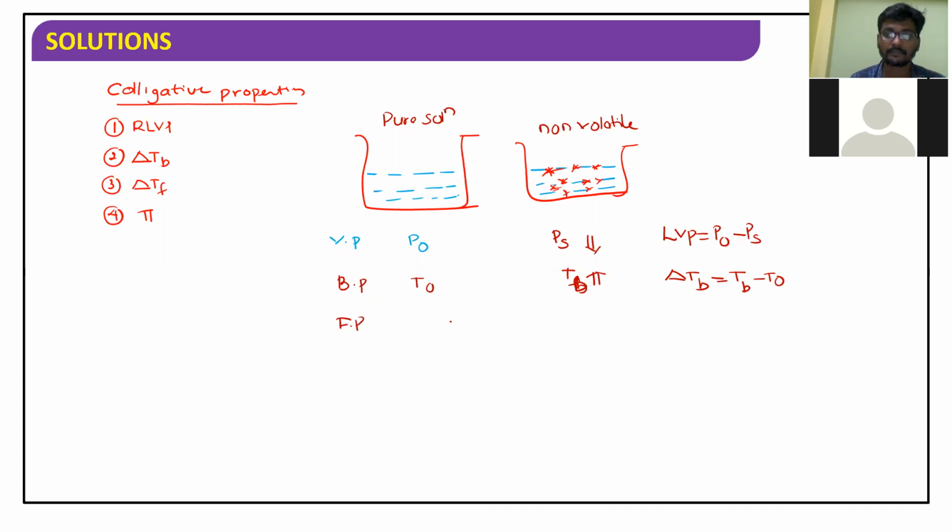Freezing point. This I am considering as T naught. When particles are added, the freezing point decreases. The decrease in the freezing point we can represent as T naught minus TF. These all are known as colligative properties. Another colligative property is osmotic pressure. As the number of particles increases,